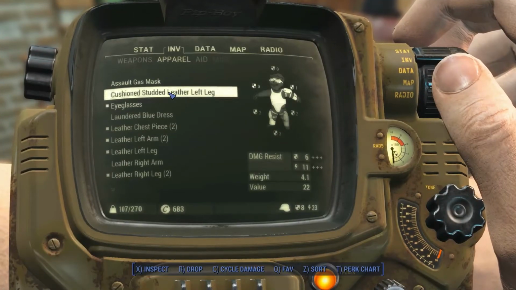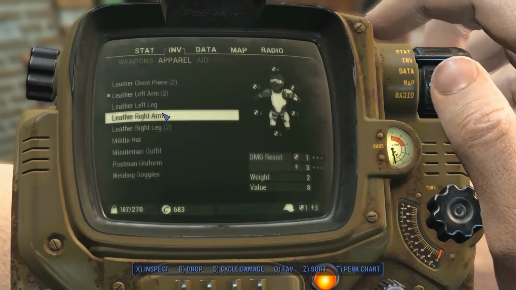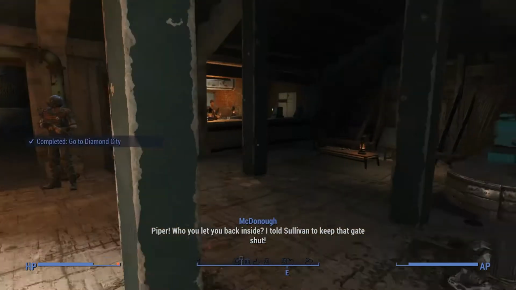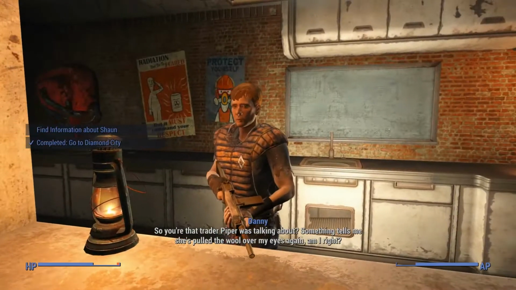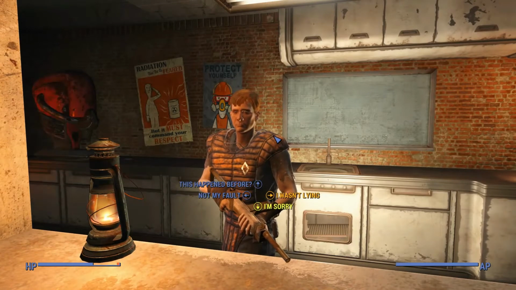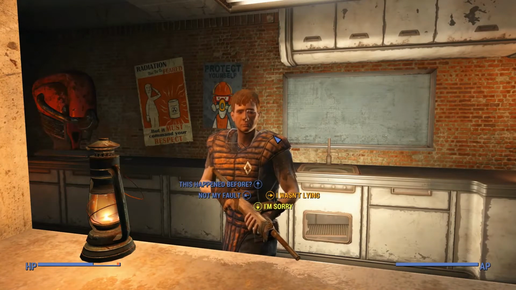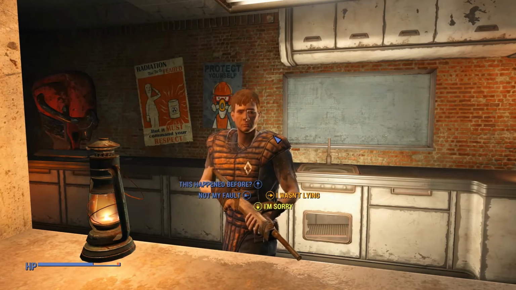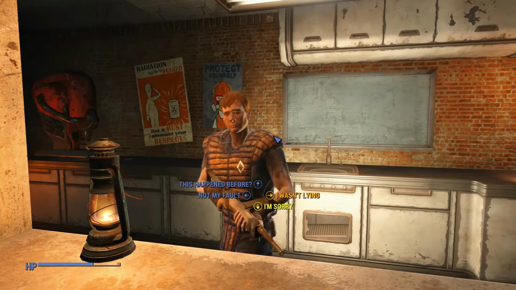Whoa. Alright, so next thing to do is just get into your charisma stuff and sprint over to Sullivan over here. Now I don't really have too much charisma, so I'm just going to go with the bottom one. But if you are around like 8 charisma, then you should be able to get the